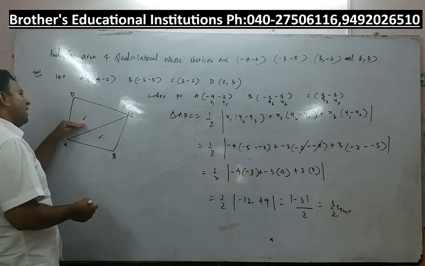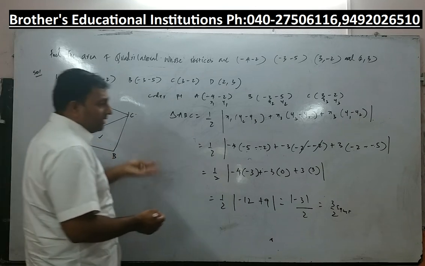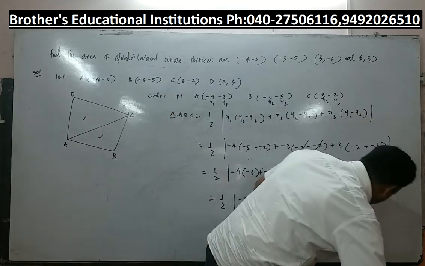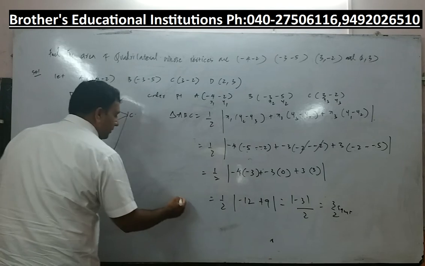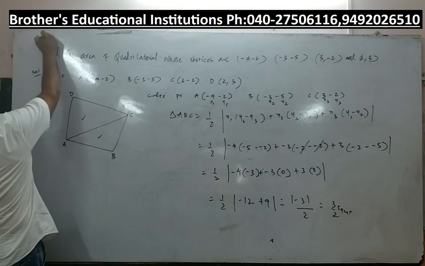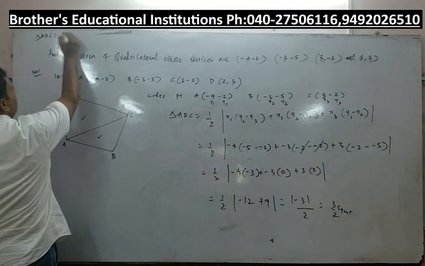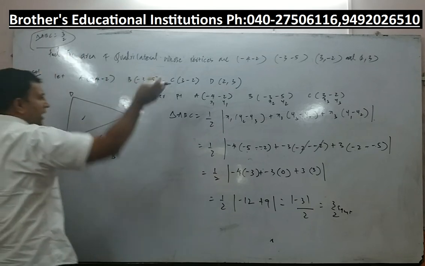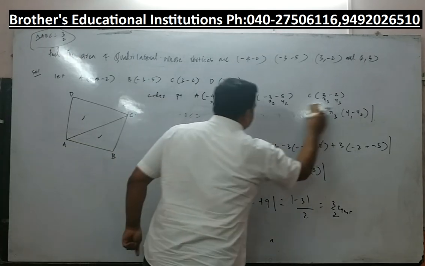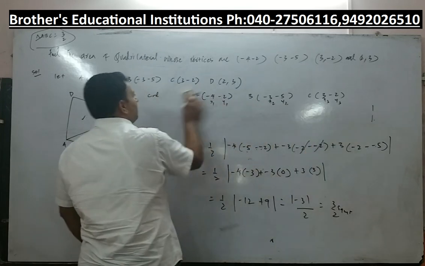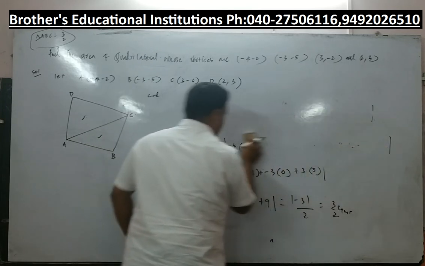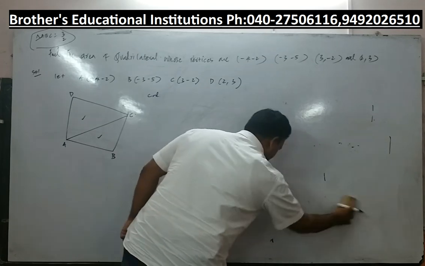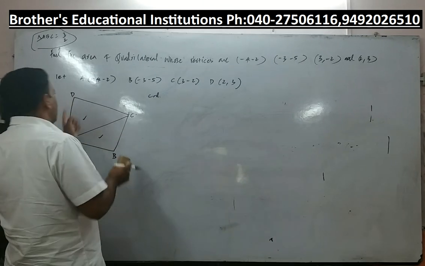Now I will consider ADC. Consider the vertices A, D, C. Now this I will write somewhere here. Area of triangle ABC, how much did we get? Keep it aside. Now again I will wipe it off and write again. Consider points. Which points do you need to consider? We have already considered A, B and C. Now we will consider